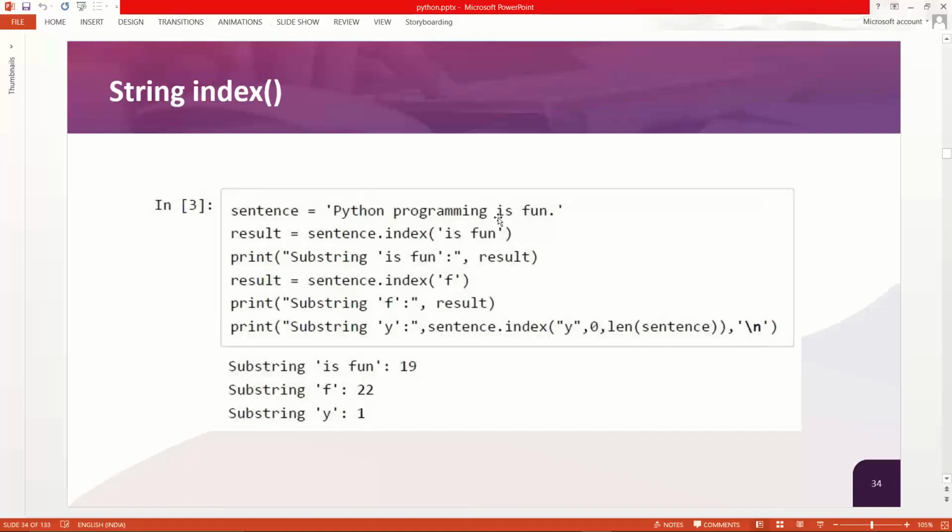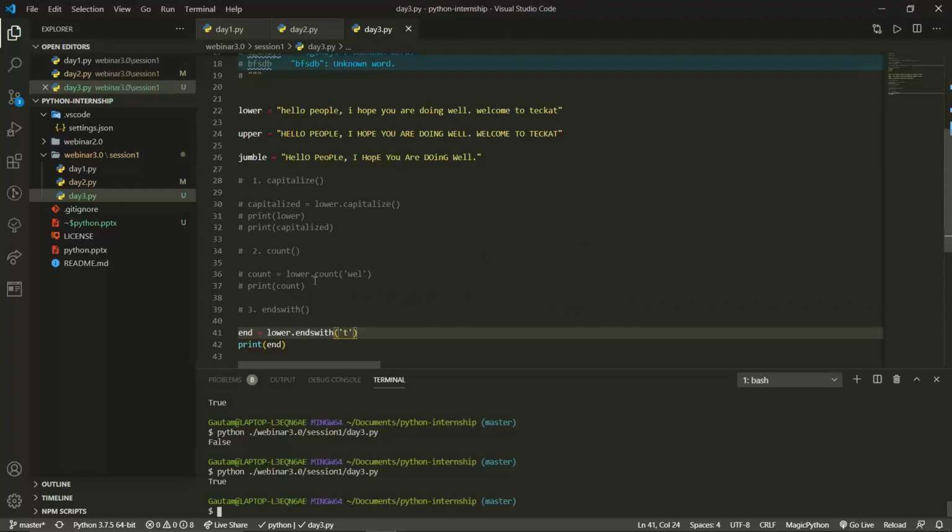It will give you the output. Now if I'm searching for programming, it will give you 0, 1, 2, 3, 4, 5, 6, 7 position. Are you getting the point? And now if you write only F, it will give you the first F, wherever it gets the first occurrence. For example, if you have two of the same element at different locations, let me show you this.